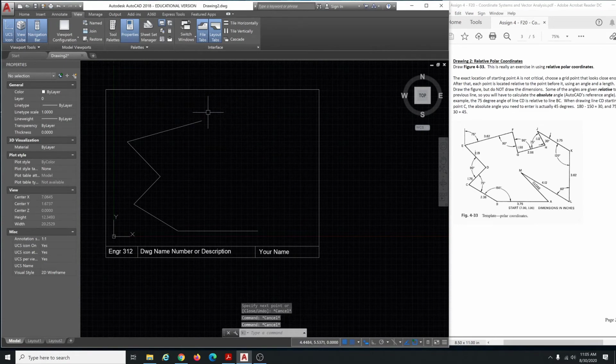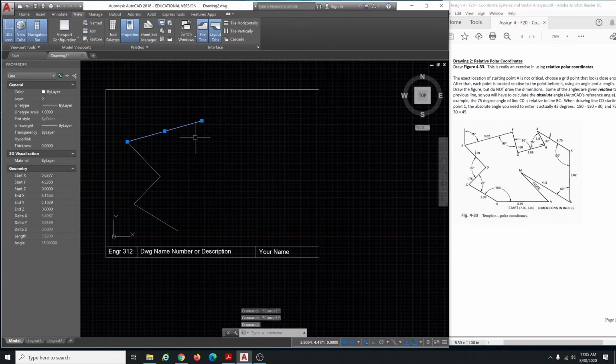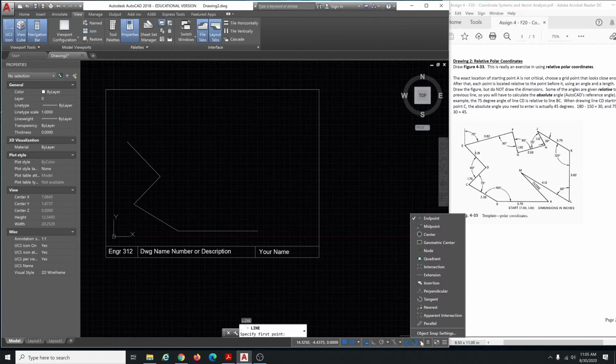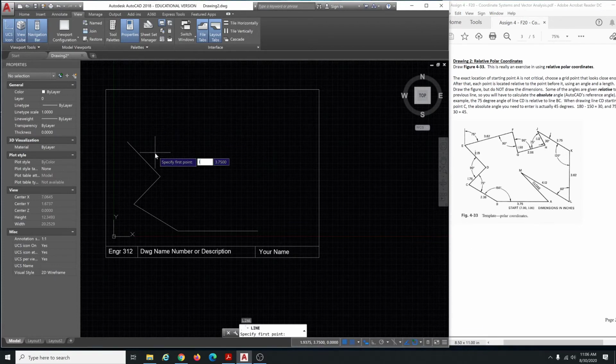Let's say you had to stop or you messed up. Okay, you could click a line and press delete. To start the next line, it's helpful to have endpoint snap on. So that's down in here in the O snaps. Turn off all of these other guys, and just make sure you have endpoint snap. Okay, then when you draw a line,